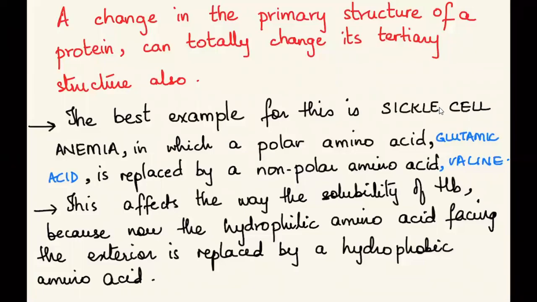Now see what's written over here. Since we have done the primary, secondary, and tertiary structure, we haven't done the quaternary structure over here. But remember, you are asking me a question on sickle cell anemia. Oh yes, Miss Sickle. Acha, so what actually happens in sickle cell anemia is that,